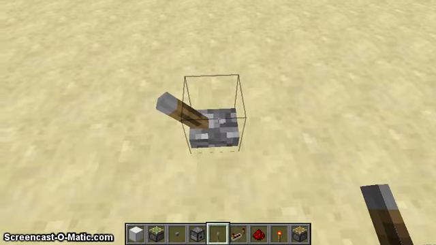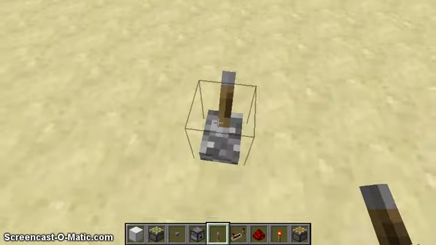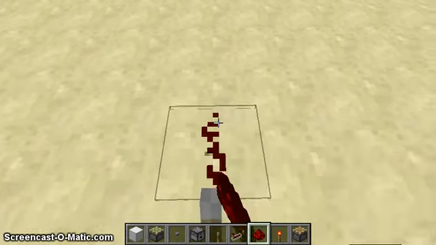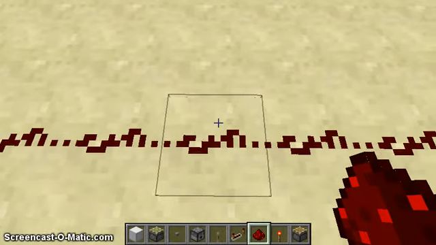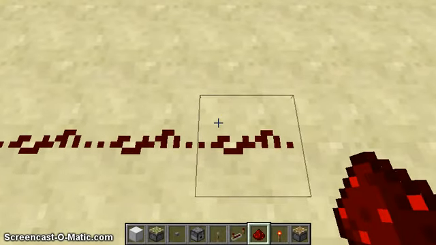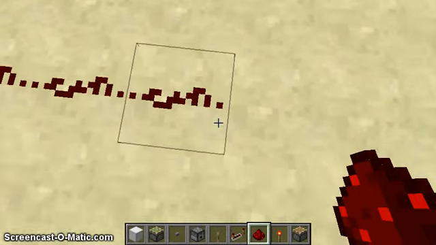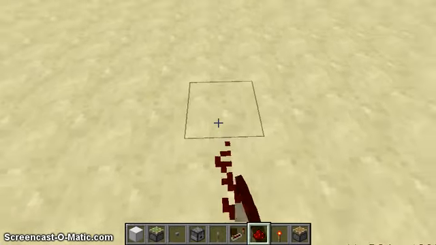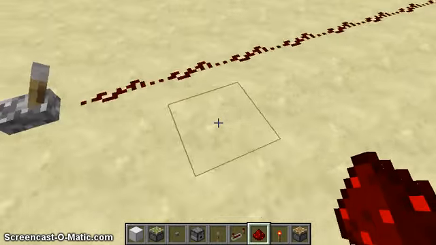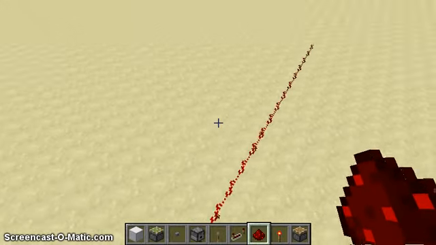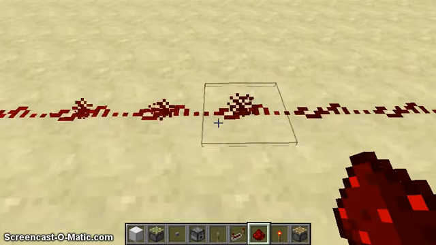So the first thing is, let's say you've got a lever here. And you have this redstone laid out. So that's one, two. So you've got this redstone laid out, and if I pull the lever, the redstone turns on. Some of it. You can see the particles coming off of the redstone, sort of reddish particles, and you'll notice